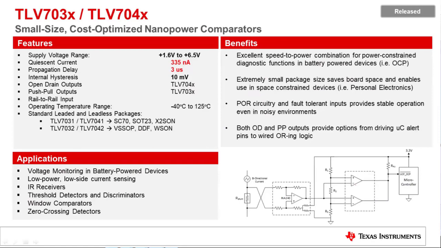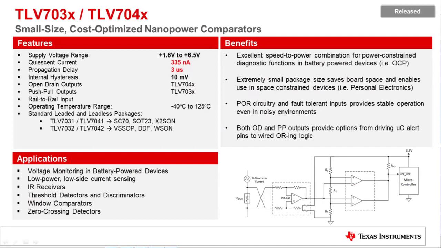So with POR, we force the output low while you ramp up the supply. So you know exactly where the comparator output is going to be. And this is really a fault tolerant way to provide stable operation. Even if there's noise, we have built-in hysteresis. So the device will not switch until it's in the operating range, which we set right below the recommended supply voltage, right? So around 1.4, 1.5 volts, the comparator will start to mimic the input, and then it will act as a normal comparator. So POR, we think, is a very exciting new development. We will be including it in all of our comparator devices moving forward.